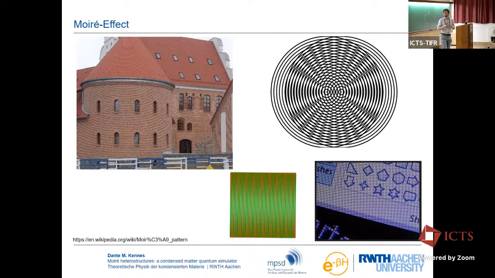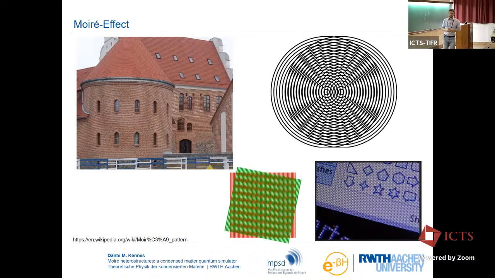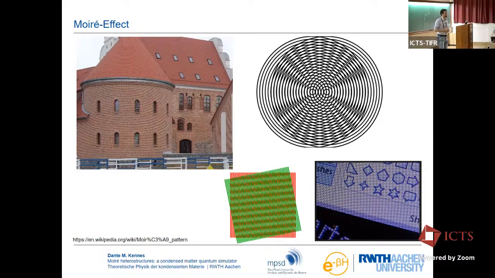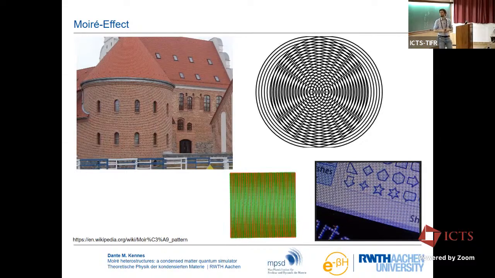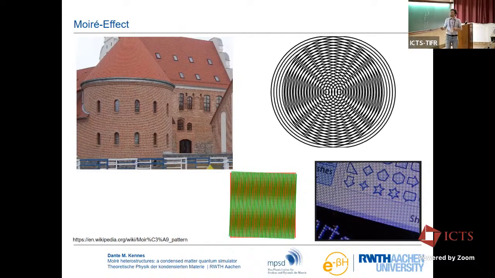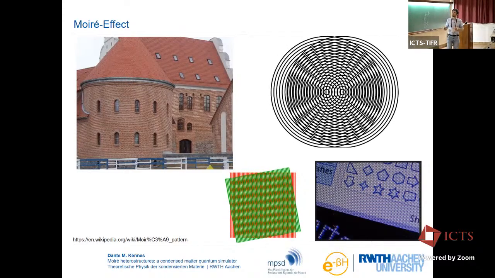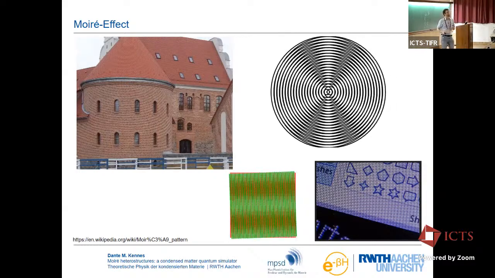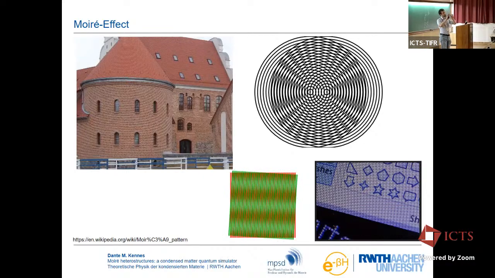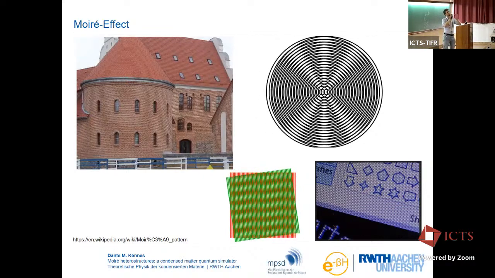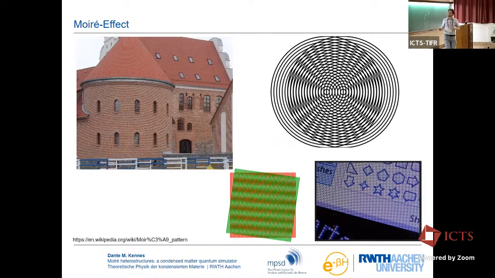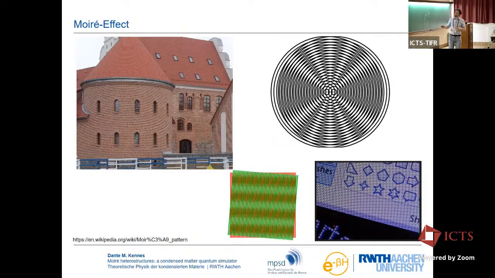But to get everyone on board, the Moiré effect is something that is not quantum. You can see it in your everyday world all the time if you look for it. And I took some examples shamelessly off Wikipedia here. So we have these fine wall brick houses. For example, the guest house is such an example. If you take a photograph of that, sometimes it will happen that the finite resolution of the camera will interfere with the fine structure of the wall brick and make this nice geometric interference pattern, these fringes here, circular fringes.